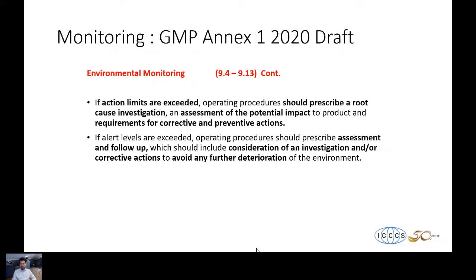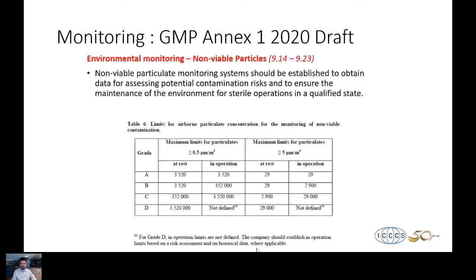Again, the same definitions are here: what you're going to do if your action limits are exceeded, and how you're going to handle it as a deviation. It's still in our environmental monitoring part. One important thing for the monitoring systems and for classification: we start seeing two different tables, and these tables, as you can see here,